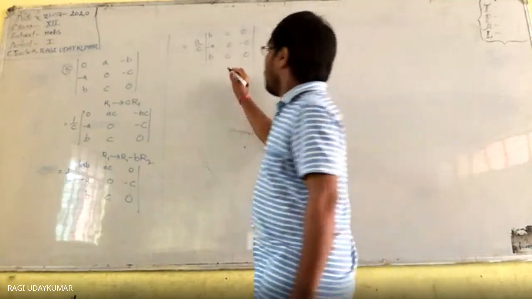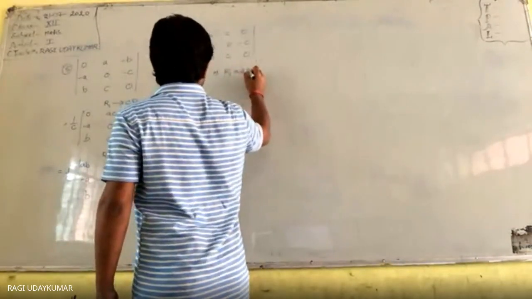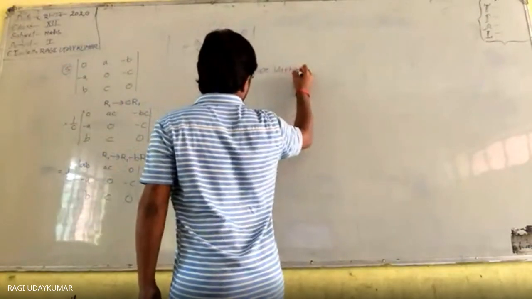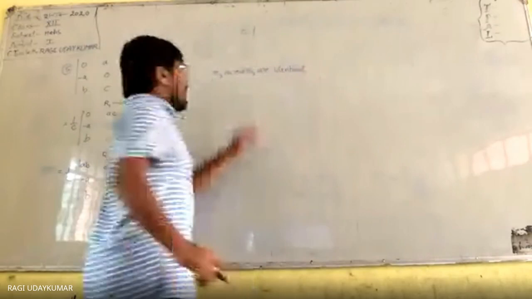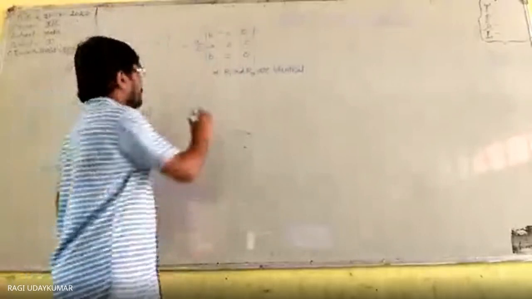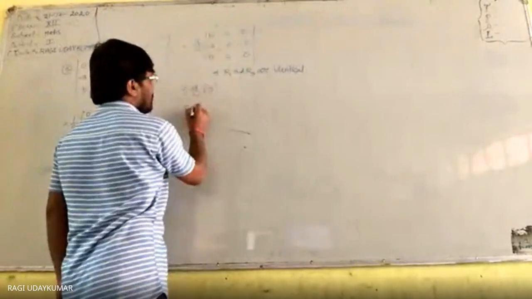Two rows are identical as R1 and R3 are identical. These two are identical rows. Then that will be equal to 0. This determinant is A by C, so A by C into 0